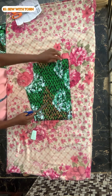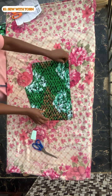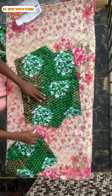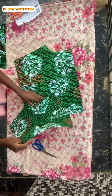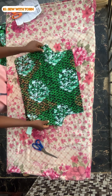out. When I'm done, I'll put a notch at the middle of the neckline, just like I'm doing. And when I'm done doing this, I'm going to rearrange my fabric because of the asymmetric neckline. That is why we are cutting it this way. So the wrong side is facing up. I'm just putting the mark there so that I can easily identify the wrong from the right side. Then the right side is going to face up for the front panel, so that wrong side is facing wrong